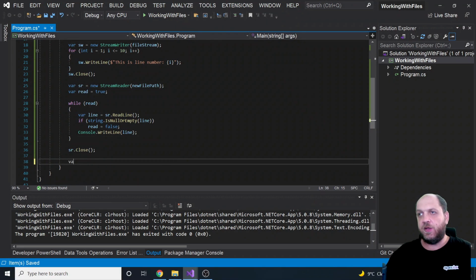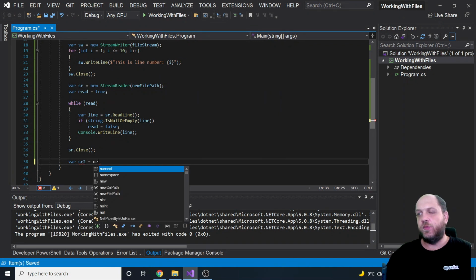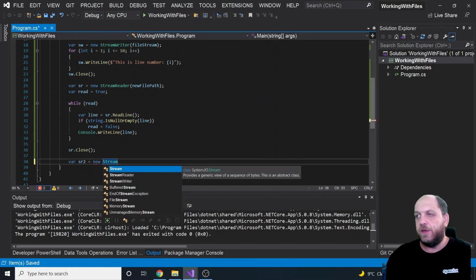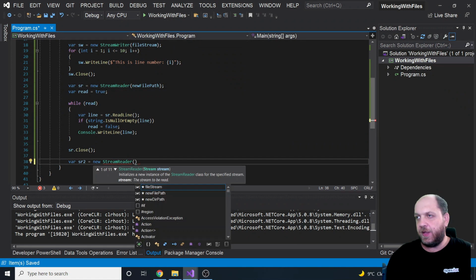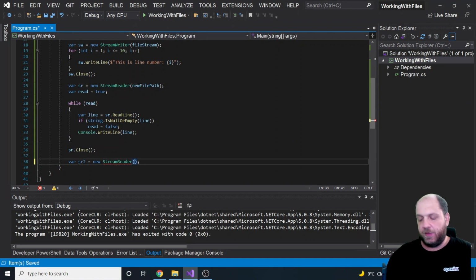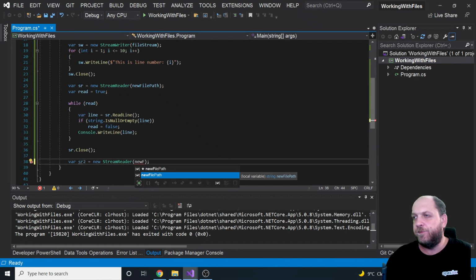So let's create maybe a var sr2 equals new StreamReader instance, and for the new StreamReader, once again we provide the new file path,